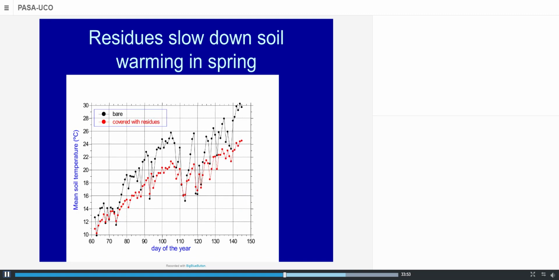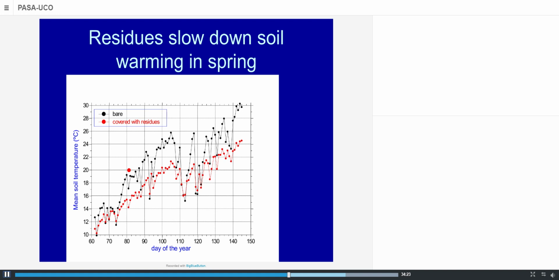As I said, the presence of residues that are used in the so-called conservation agriculture, where we keep the residues and we plant the new crop on top of the residues, the presence of residues on the soil surface means that when we plant during the spring, we have a slower soil warming, and thus we can have a delay